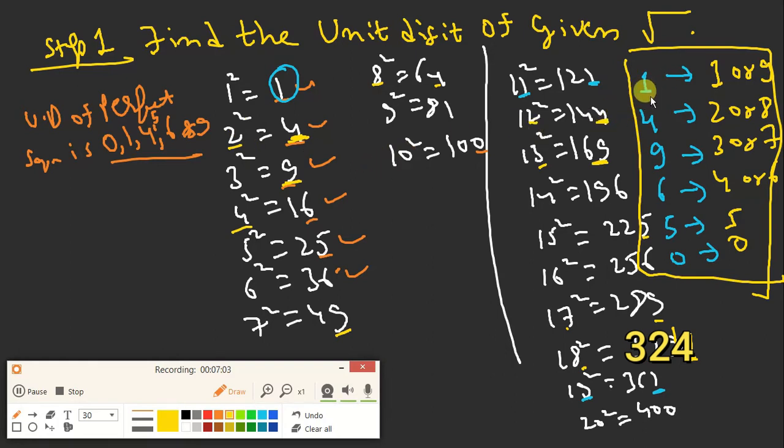How will you do? See, 1 is coming with 9, so both are making a sum of 10. Okay, for 4, 2 is coming with 8, so here also they both are making a sum of 10. So here 9 will come with 7 and here 4 will come with 6. Okay, so this is the trick in which you can remember.